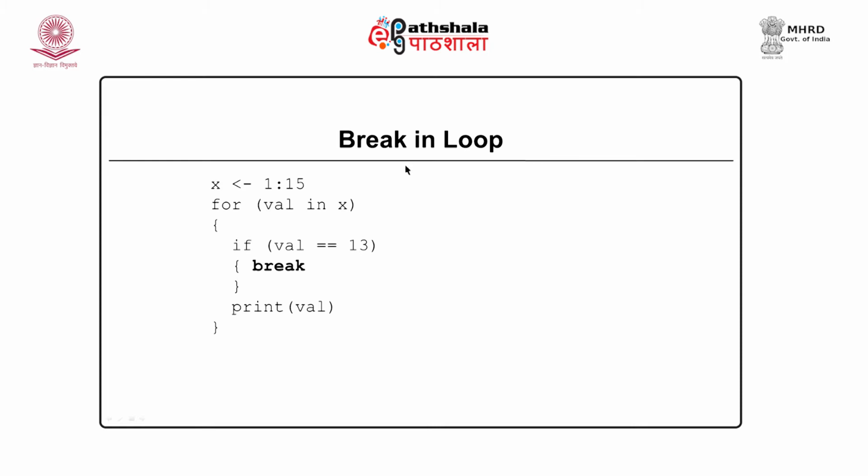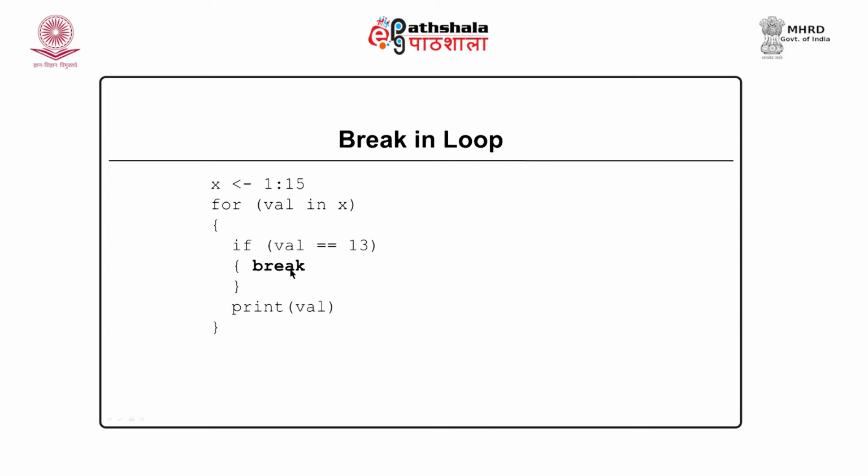There is a notion like break within the loop. So, by saying break, the loop will skip the remaining part for this particular condition. Over here, I am taking a loop for 15 values, my loop will iterate 15 times, but if the value is 13, it will break. So, when you run this program, you will be able to see the values from 1 to 12, and then the loop will break and it will come out.